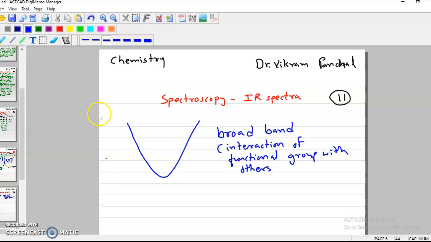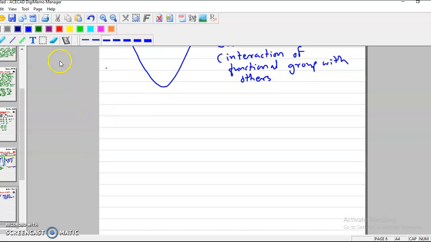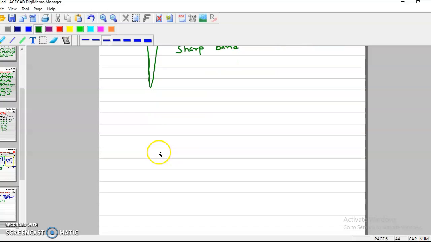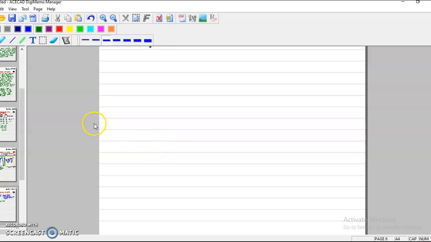With reference to this, we have another type of band which is like this, and it is called a sharp band. So sharp bands are like this, and this shows the absence of interaction of the functional group with others. Now, there are three different types of bands. Normally, I will explain this one. Those bands are like this,